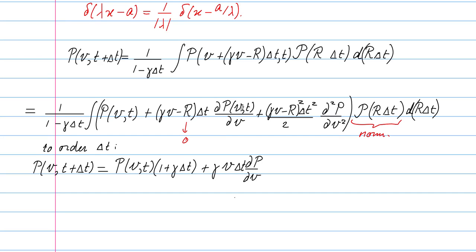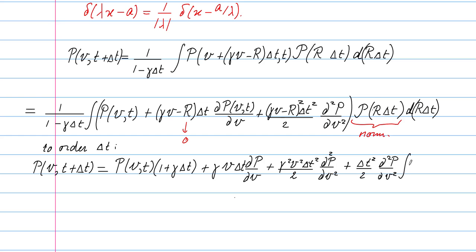So let us continue with the second order term, from which we first obtain a contribution gamma squared v squared delta t squared over 2, and then again we have an integral of the second derivative of p multiplied by a normalized Gaussian, so that just gives me a 1. The term which is linear in r vanishes for the same reason that this one vanishes. We have an anti-symmetric integrand, and then we have an extra term, and that term is equal to delta t squared over 2 times d squared p dv squared,